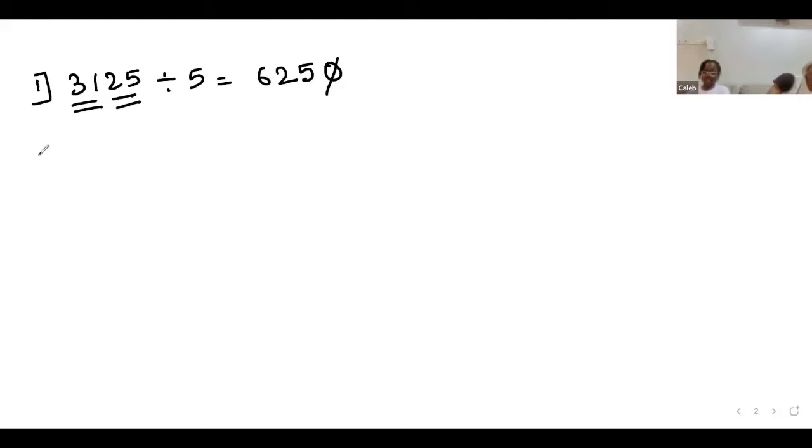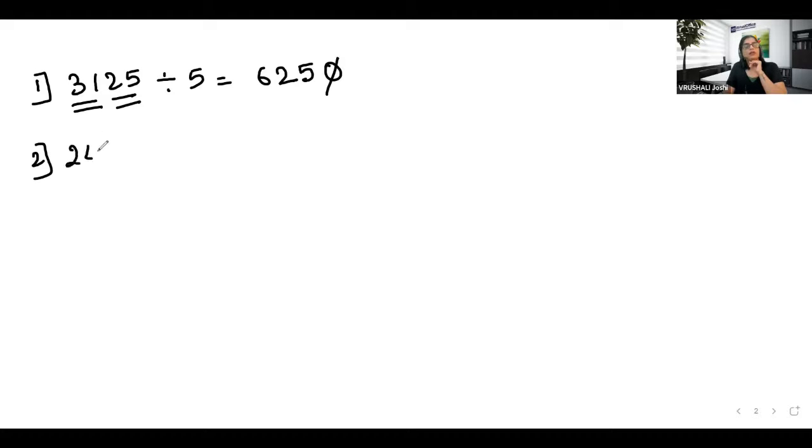Okay. Now I'm giving you some numbers which are ending with 5 in the beginning, and then we will go with numbers which are not ending with 5. Numbers ending with 5 will never get a decimal because they are completely divisible by 5. I hope everybody knows this, correct? All the numbers ending with 5 or 0 will never have a remainder when you divide with 5, because they are completely divisible by 5, correct?